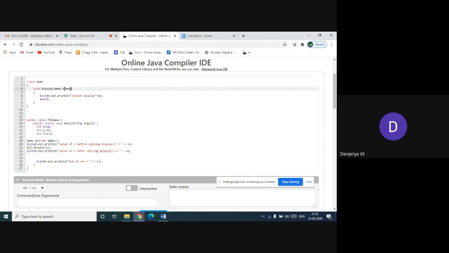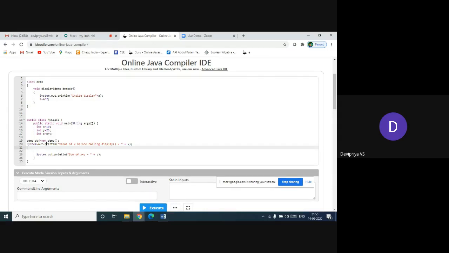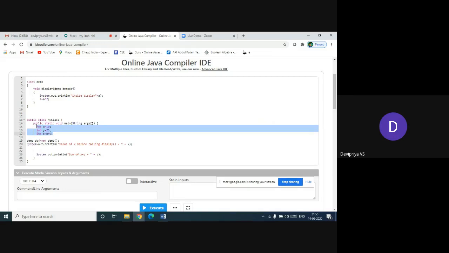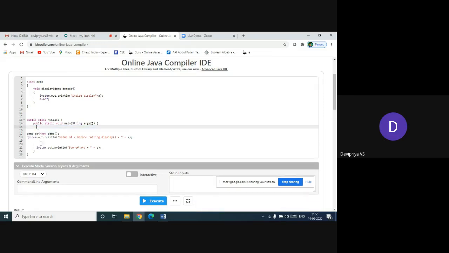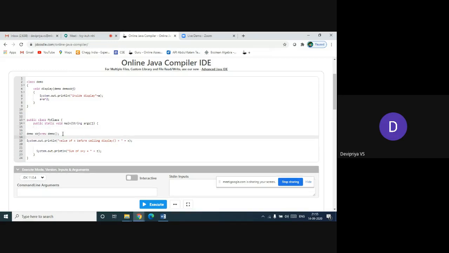Here I have created an object of demo as demo obj is equal to new demo, and then I have printed the value of x before calling. This main method contains a demo object obj, and